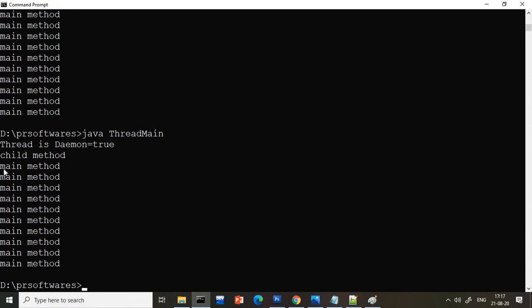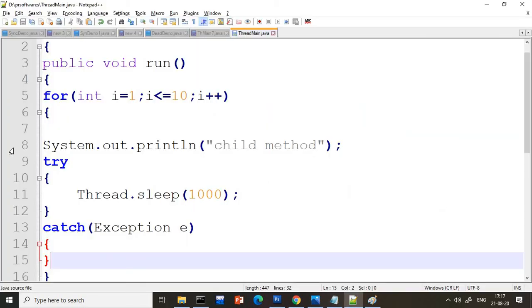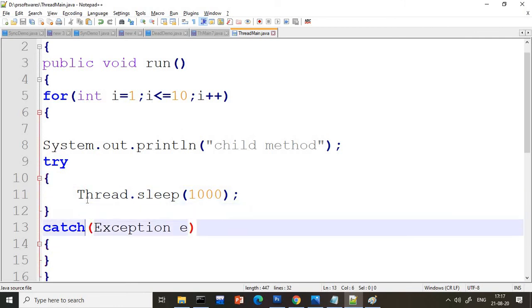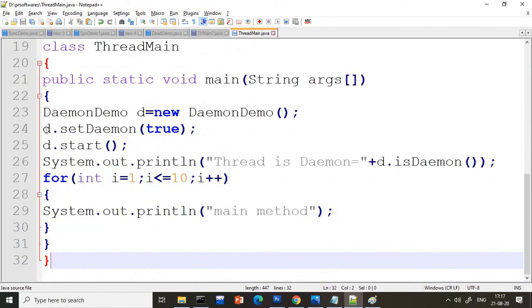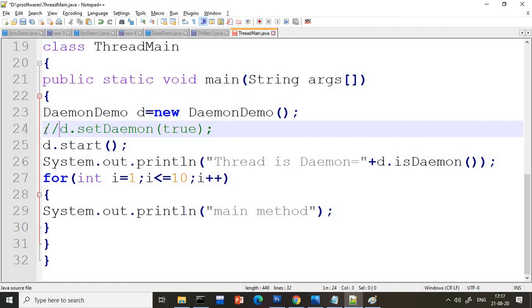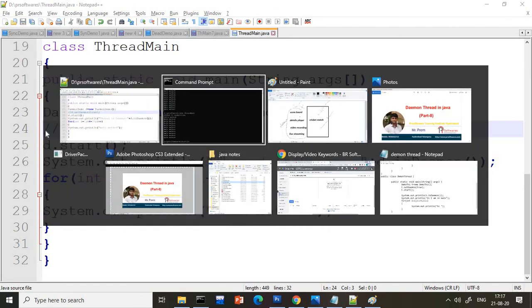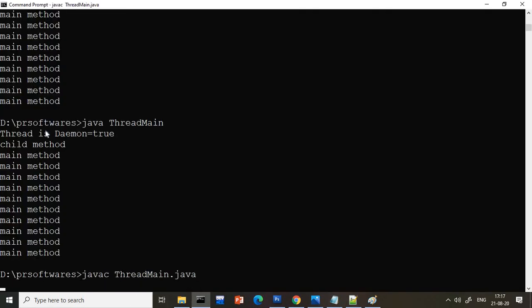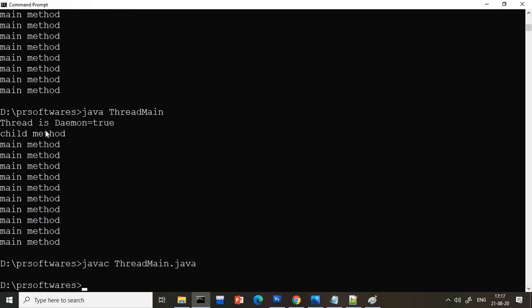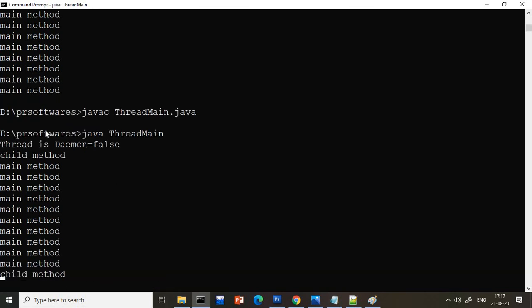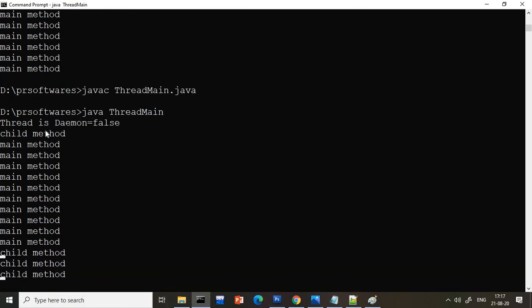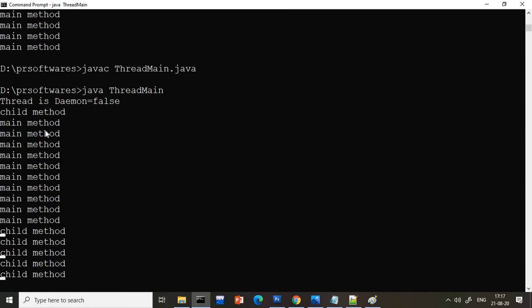So in this situation, suppose you say, sir, can you just hide this daemon? So I will hide the daemon for now. Now definitely both are independent. It means both will get 10 times printed. Doesn't matter, child will get 10 times chance, 100% sure. Why?